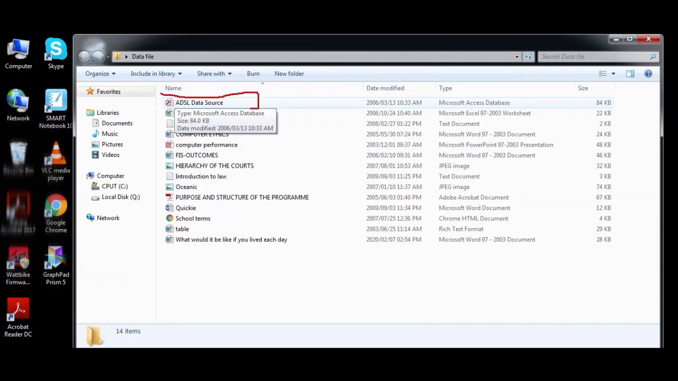Using the first part here as an example, this is a file name, which is usually specified by the creator of the file, ADSL data source. The file name usually describes the file content. So if you look at ADSL data source, you should also have an idea of what should be inside the